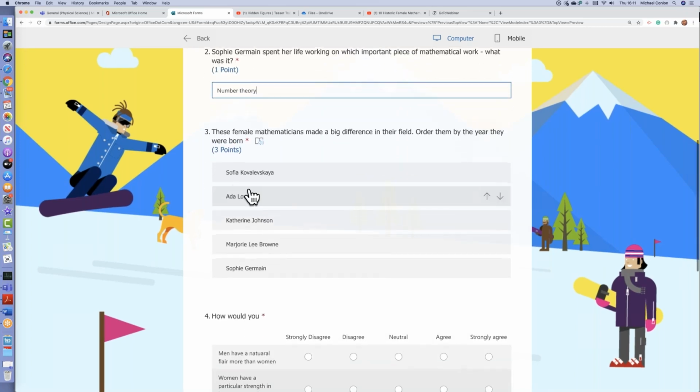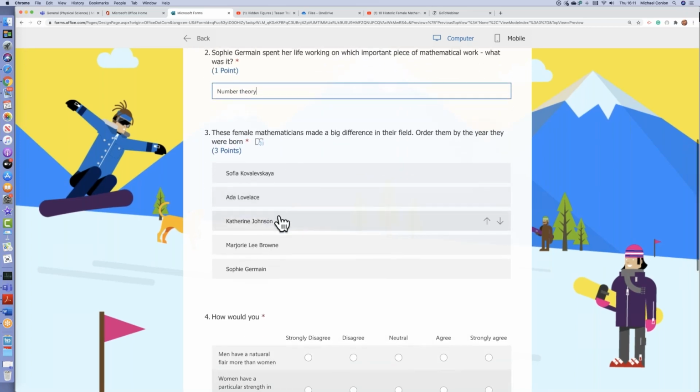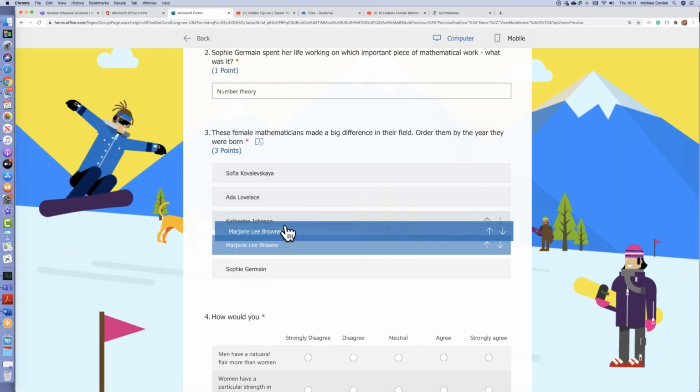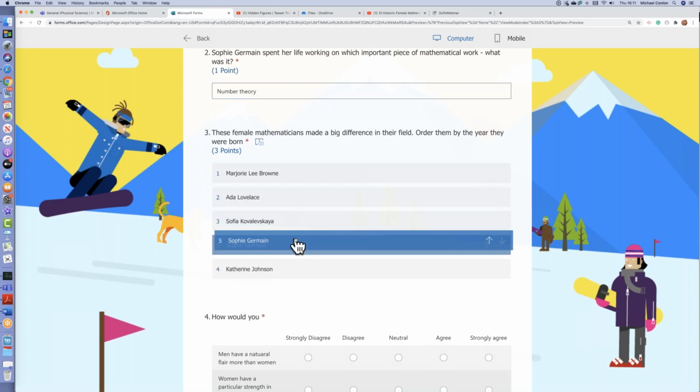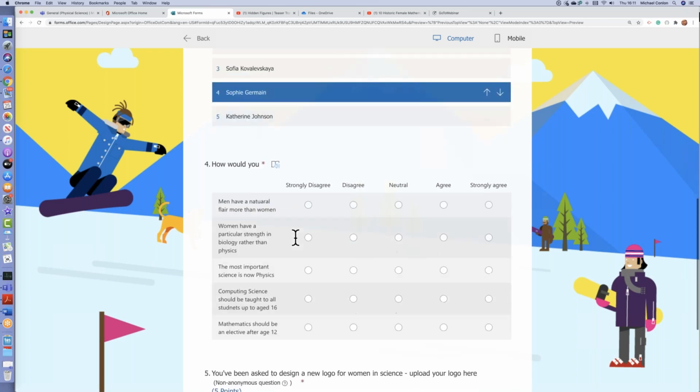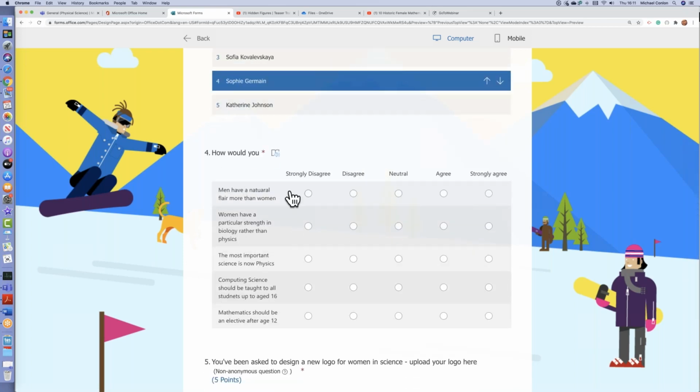This is a question where you can reorder the options. You can move these around. Very popular type of question. And then the fourth type of question we use a lot is a kind of Likert question, where we have